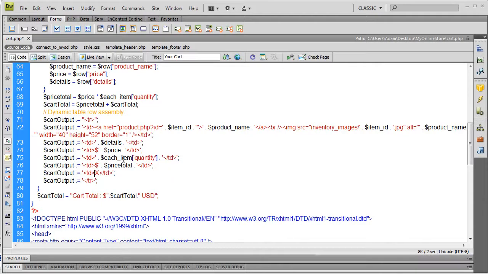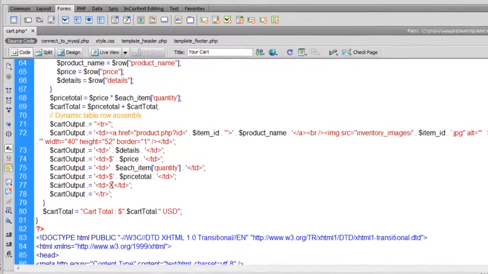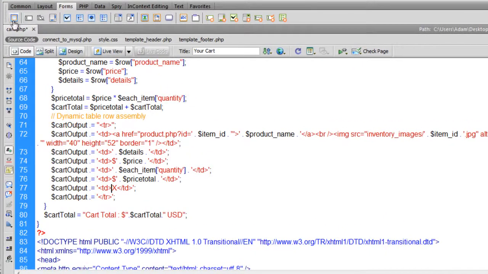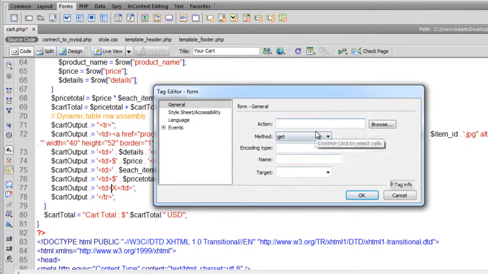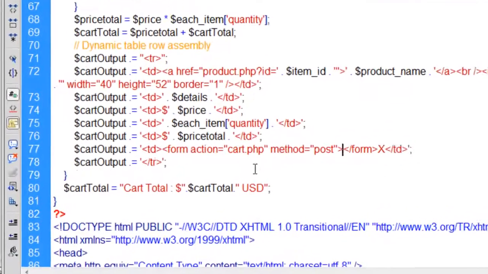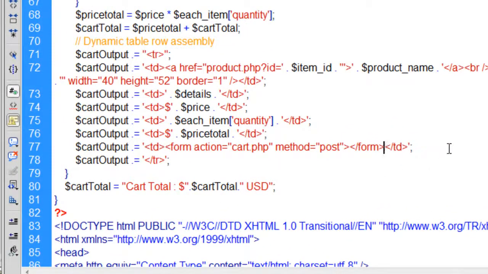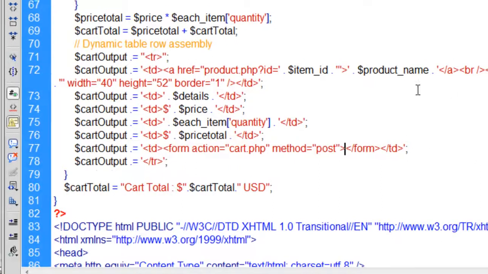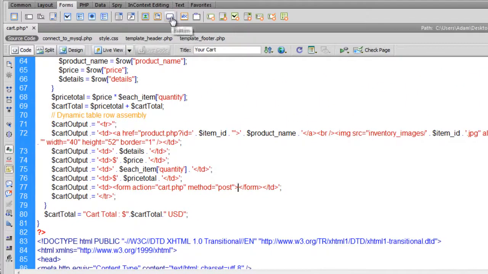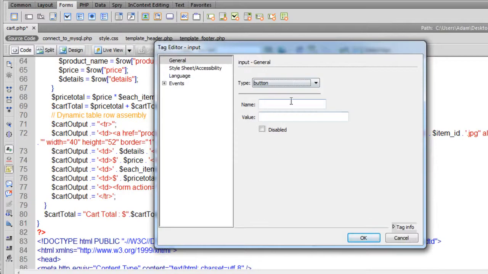Now I'm going to show you why I did that. Right here in the TD tag where this X is, I'm going to put in a form tag. Action is going to be cart.php. It's going to be post method. Okie dokie. Now let's just remove this X altogether, because we're going to add it using a button now. So you go up to button, click that, make sure you put it inside your form. Type is going to be submit, and make sure you use type submit, or it might not submit your form